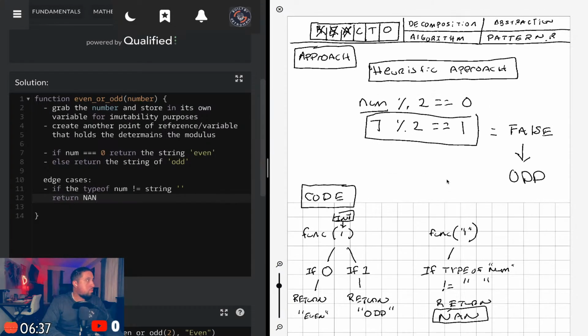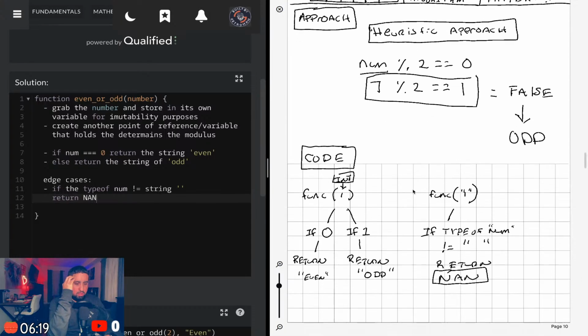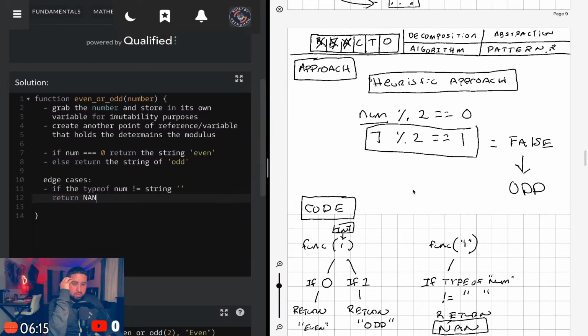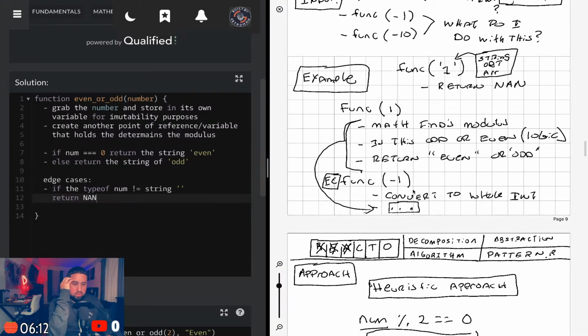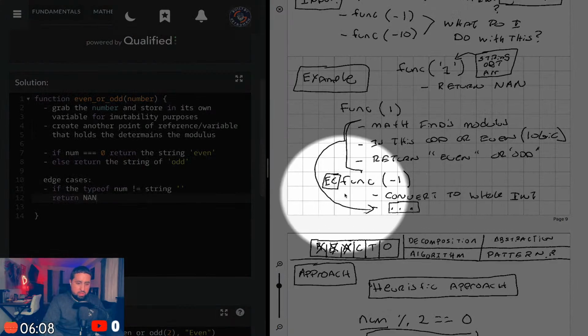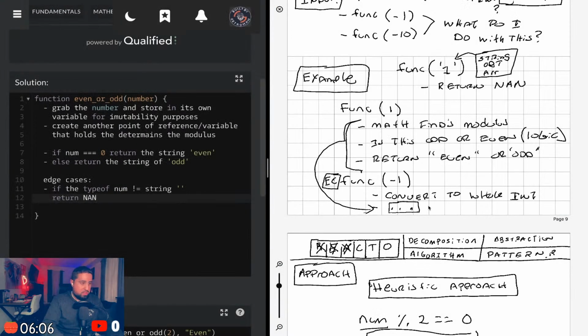Okay, we're at 6 minutes left. And I think that's it for the pseudocode for now. Let me just do a quick review to make sure. I just feel like they're gonna hit me with the negative integer, because that's the way CodeWars works. They throw you these curveballs. So this negative integer part, I gotta think about a little more if it doesn't pass.